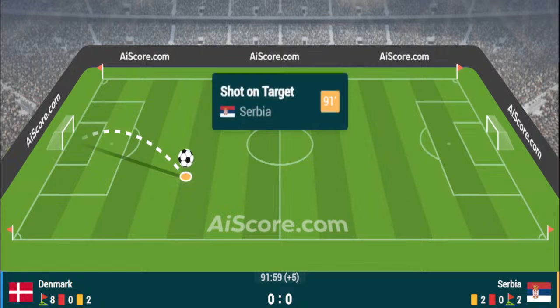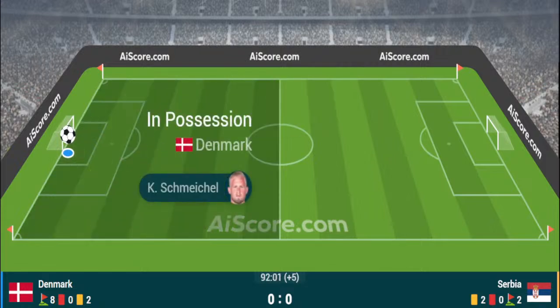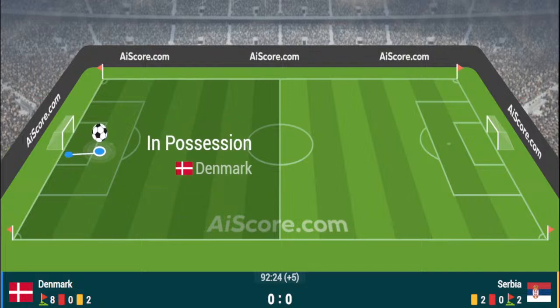in Cologne. Ball is launched forward towards Mitrovic, who touches it on, and can Serbia keep this one in play? Denmark do well to nick it out of play. It's actually going to be a throw-in for Serbia on the left hand side. Mladenovic will take it, Mladenovic with the throw. Mladenovic's throw inside for Milenkovic, and Milenkovic feeds the ball to his right hand side, and it's now regathered by